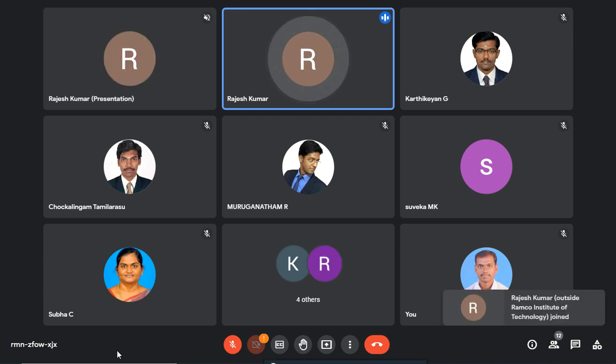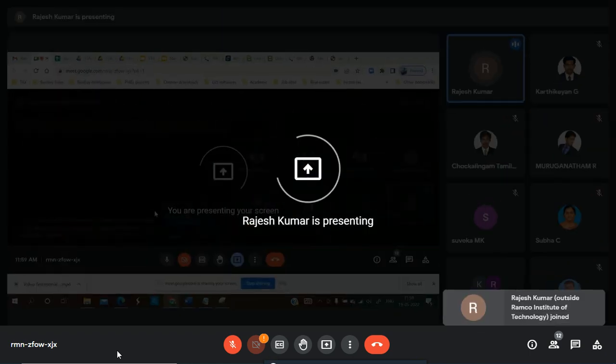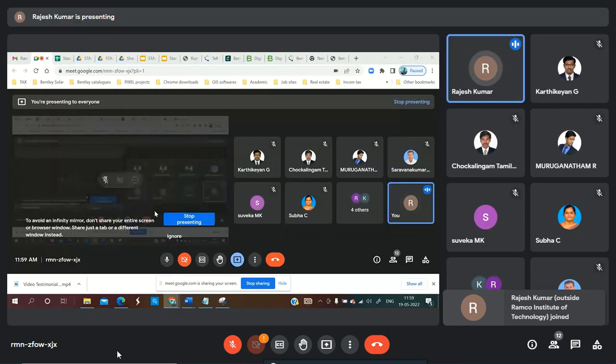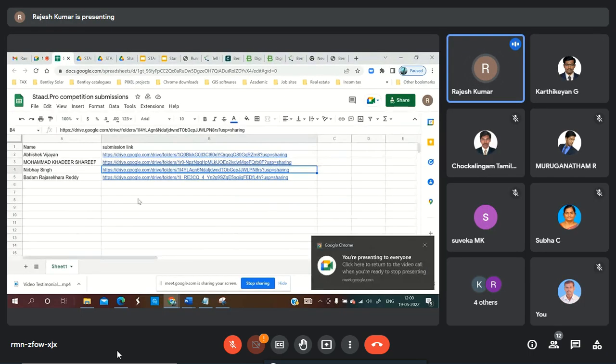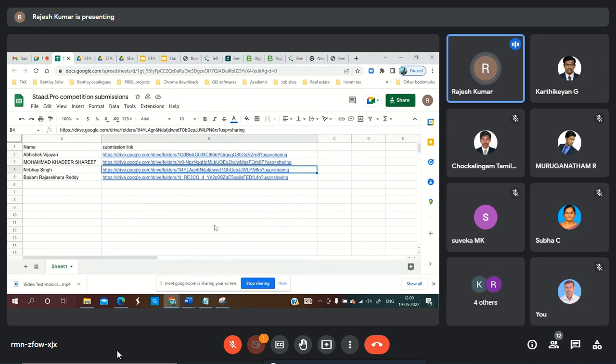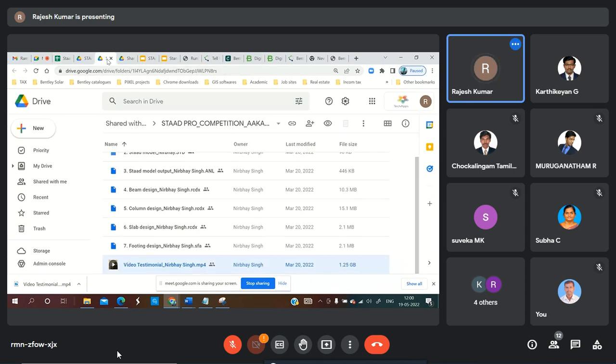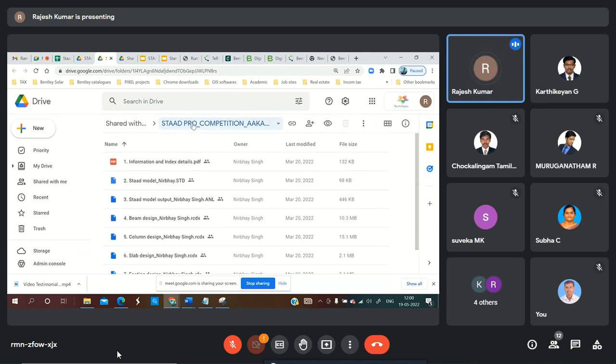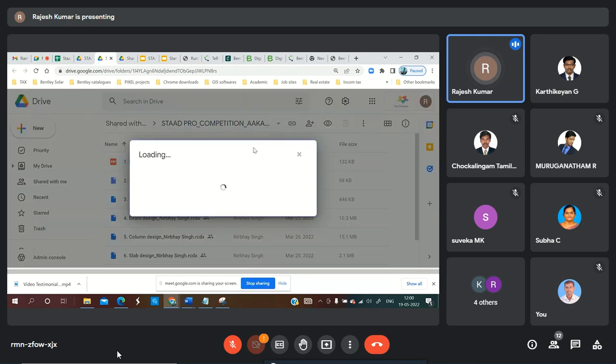This is simple. Let us not copy what NIT Trichy has done. Whatever you wanted to project, put it in an Excel sheet like this. Is my screen visible? Yes, sir. Put in an Excel sheet the student's name. Ask them to put everything in the Google Drive. Copy the link of that drive. For example, this particular person is Akash. He has put everything in his drive, and if you right click, you can get a link.